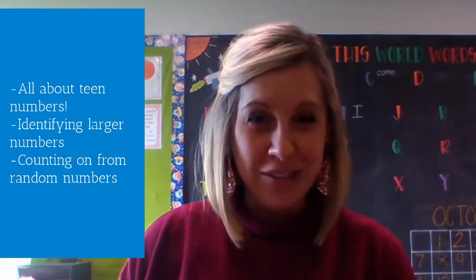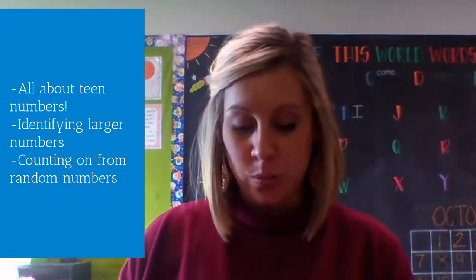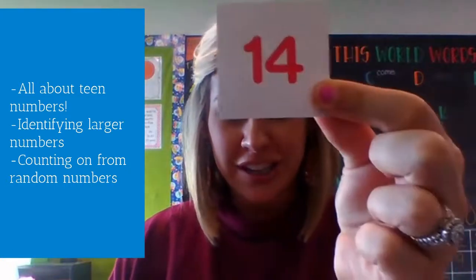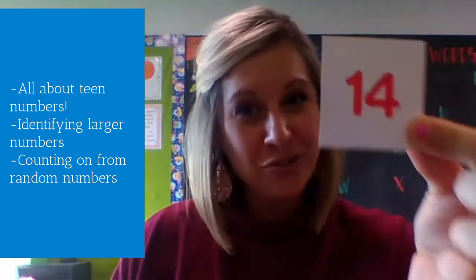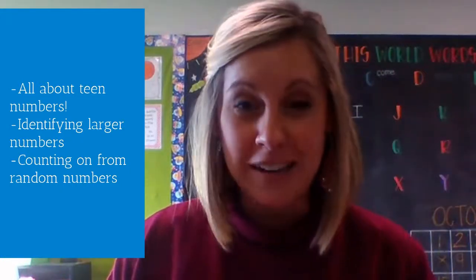This week in math, we are going to start talking about teen numbers. So that means we are going to be looking at some teen numbers. Can you tell me what number that is? It starts with the 1 and it has a 4. You're right. That's the number 14. So we're going to be practicing